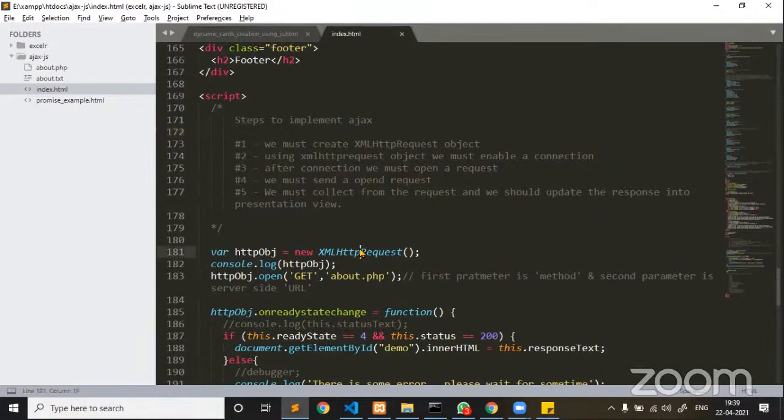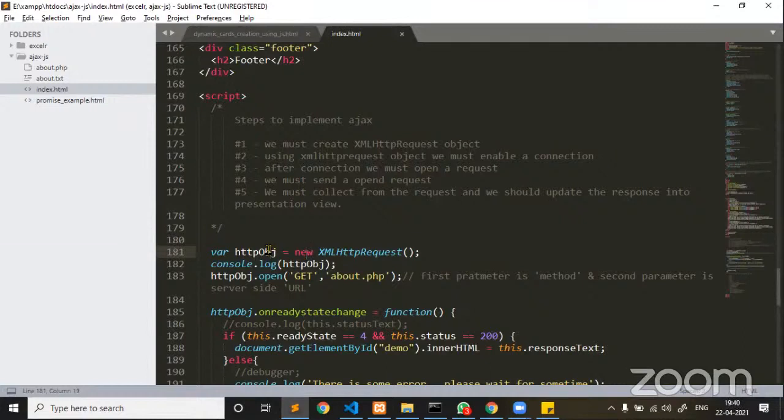You see here, XMLHttpRequest is a predefined class in JavaScript. For that, we are creating an instance by using a new operator. The line number 181 clearly says, I have created a local identifier, which is named httpObj, equal to new XMLHttpRequest. So without this XMLHttpRequest object, you can't even place Ajax calls from client side to your server.